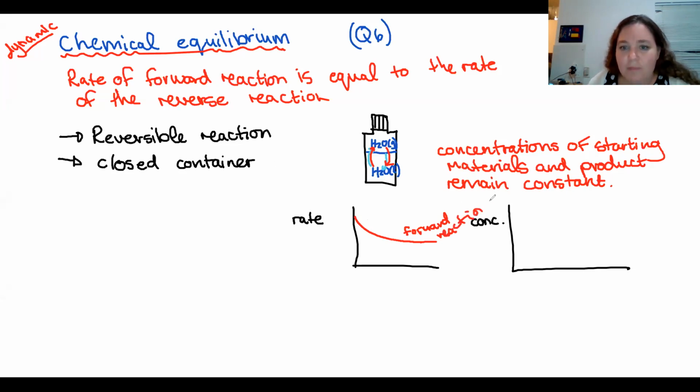Reaction, okay? And then my reverse reaction, because we usually start off with no product. Like if you fill this with water, you wouldn't have water vapor there yet. It's got to be made still. My reverse reaction starts from 0 and increases. Where the forward and the reverse reaction are the same rate,